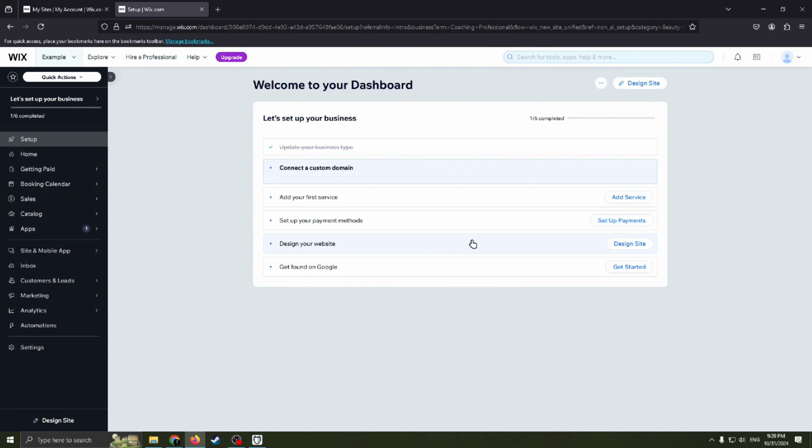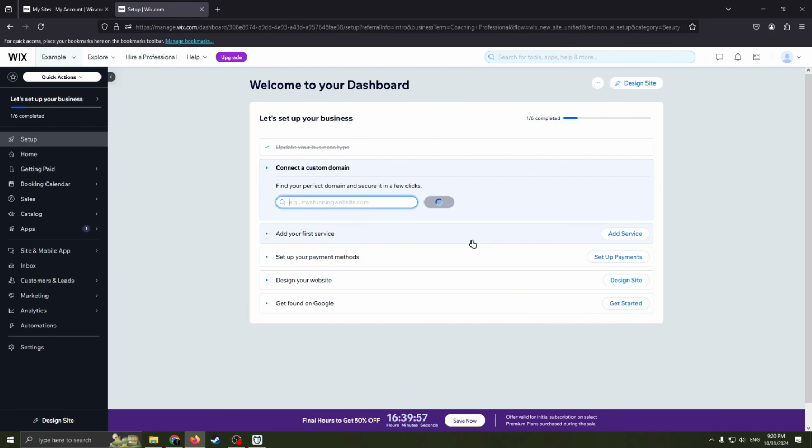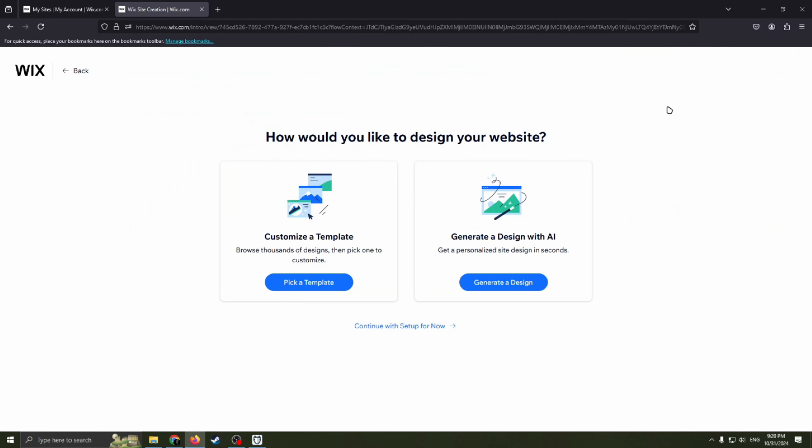Now we are back to our dashboard, and we can see that we still have 5 steps to fill in so that we can have our website. However, I'm sure every user will be able to fill in all of those. That's pretty simple. Meanwhile, we will move straight to this point, design your website. Also, this button is here. So now we need to decide exactly how we want to